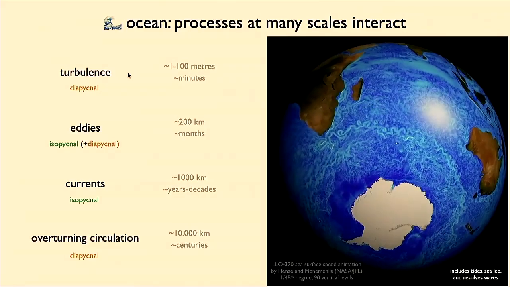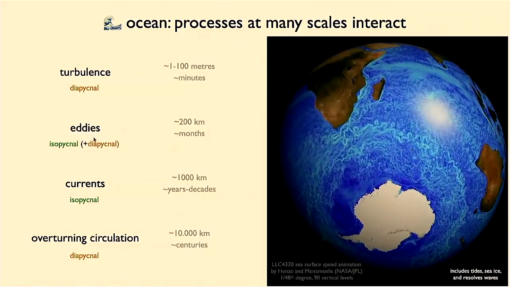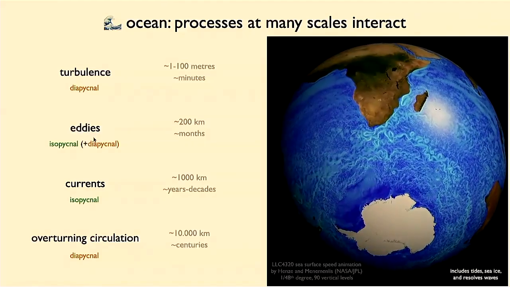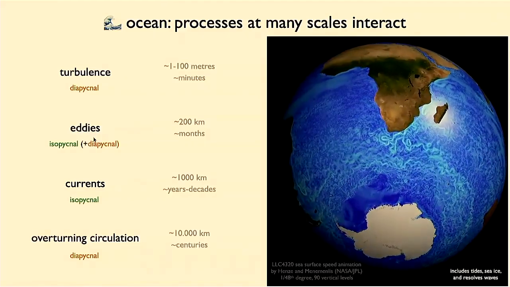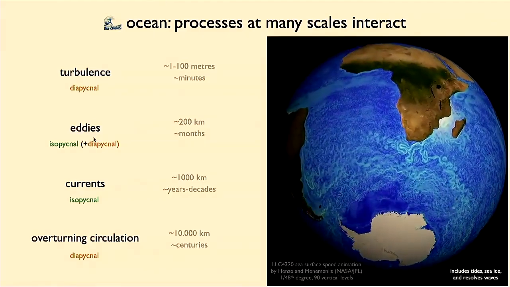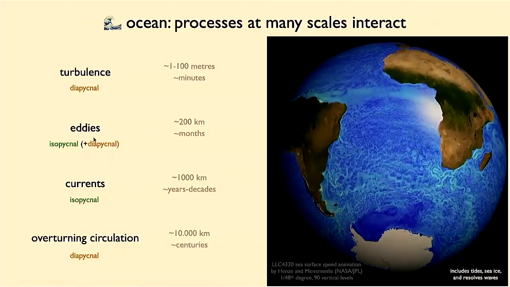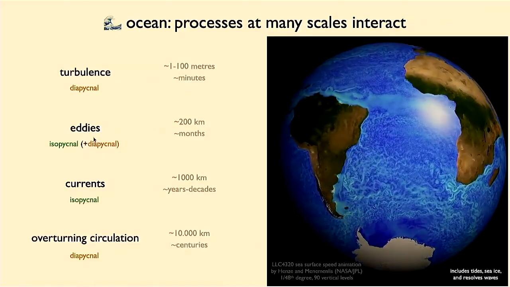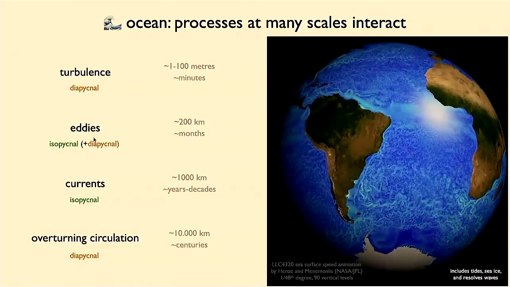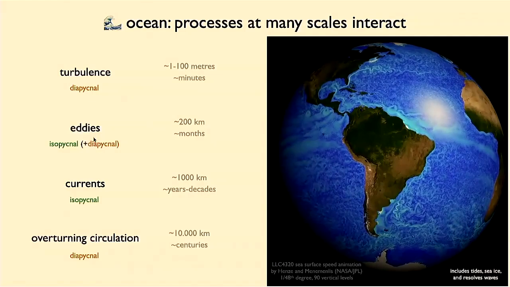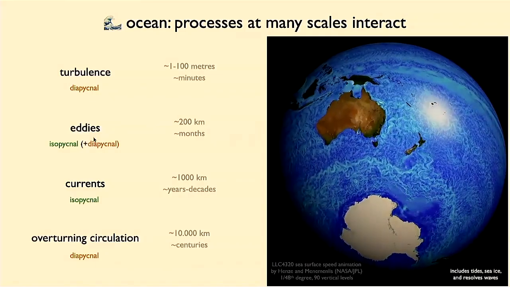So there are eddies, mesoscale eddies, or sub-mesoscale eddies as we call them. The distinction of these two is a little bit vague, but usually when we say eddies, we are talking about motions that are in geostrophic balance, more or less, while when we say sub-mesoscale eddies, we're talking of motions that are not in geostrophic balance, and so the Rossby number is much greater than 1 there.